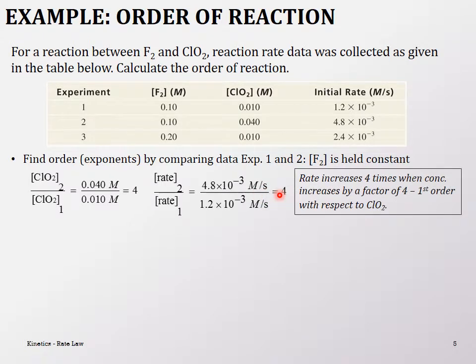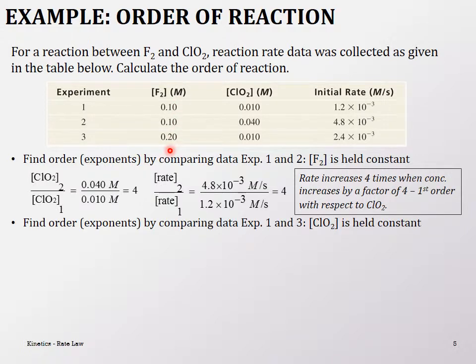If it's a direct relationship, it's a first order reaction. Which means changing the concentration of ClO2 also changes the rate of reaction directly. So it's first order with respect to ClO2. Now what we're going to do is keep the chlorine dioxide constant and see what happens with